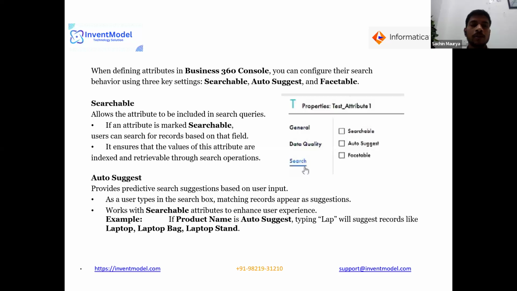So what it will do is make sure that the records are indexed, and when we want to search, it will perform the search operation on that attribute. Okay, and